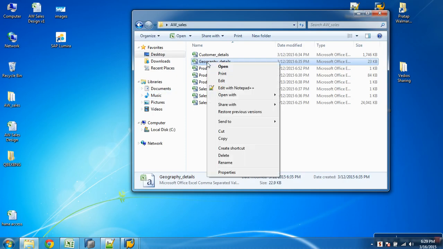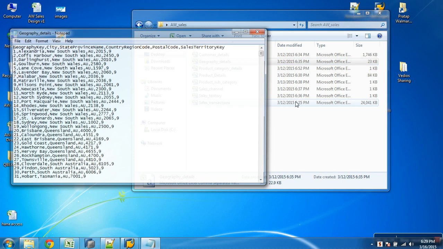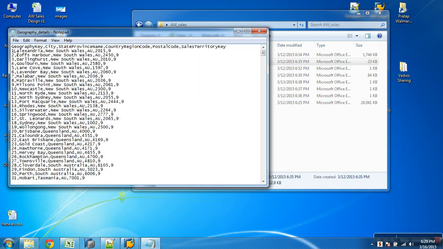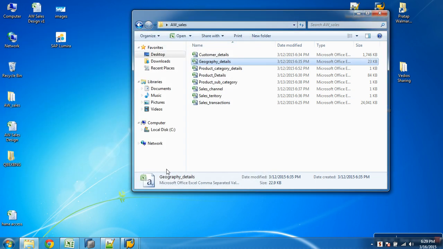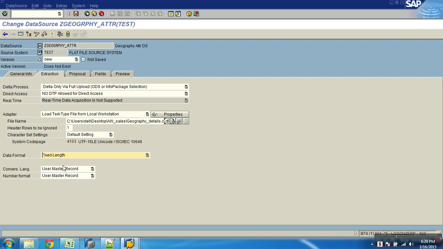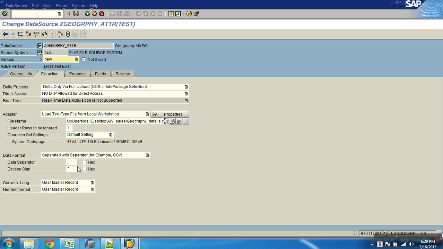We saved it as CSV file, right? Suppose if I open with this notepad, you would see geographic key, comma, name, comma. You see this value separated with commas here, but that might differ from system to system settings. So it might be semicolon, whatever. You just look at that in the notepad. Now you say data format is what? Separated with separator. What is my separator of the field value? Comma. In this case it is comma, but it could differ. Okay, and don't worry on this. That's it. Now just go.